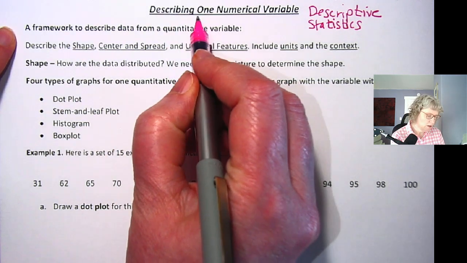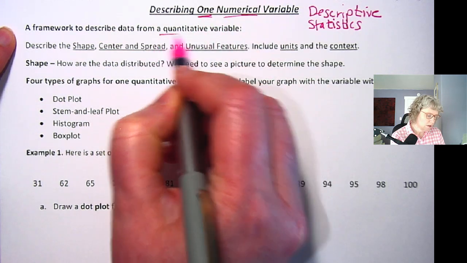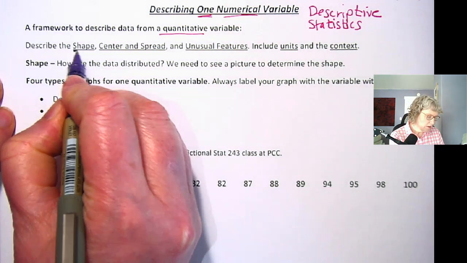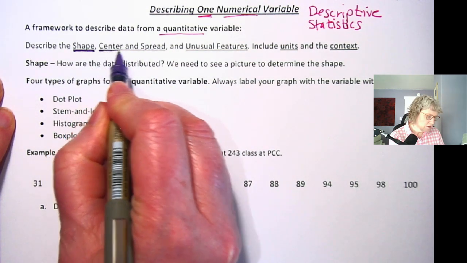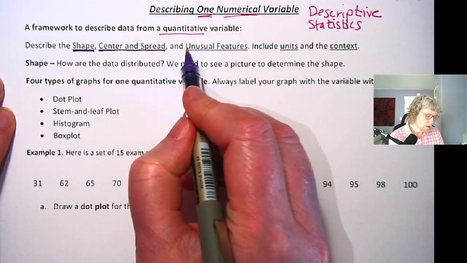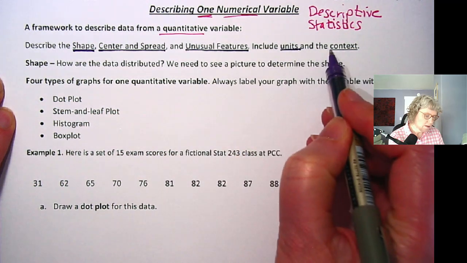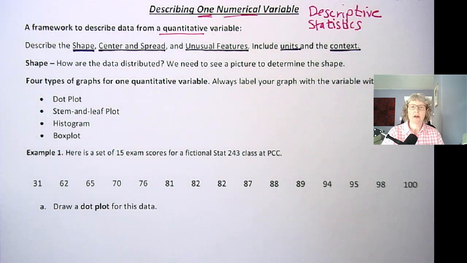So just one numerical or quantitative variable. We want to describe 6 things, really. We've got the shape, and we'll talk about all these. The shape, center and spread go together. Unusual features, we want to include units and context. Okay, so all this is important. The numbers are meaningless by themselves. We need the units, we need the context,